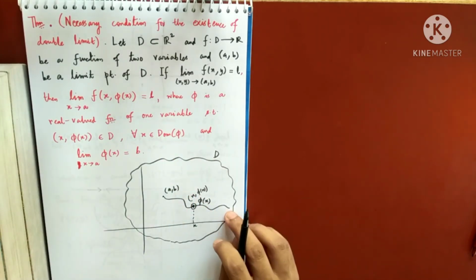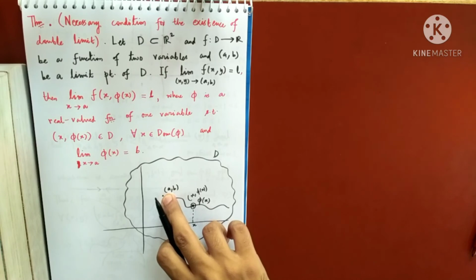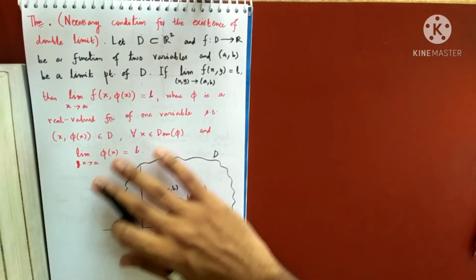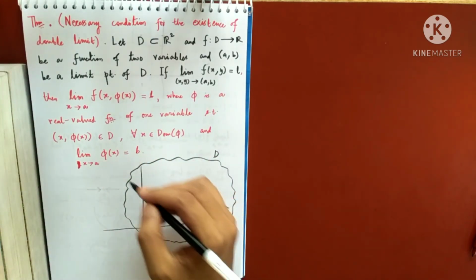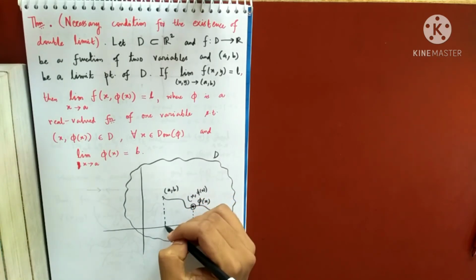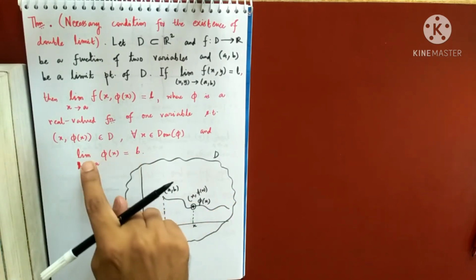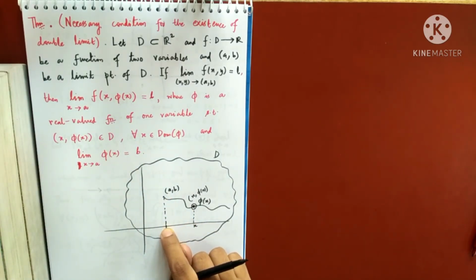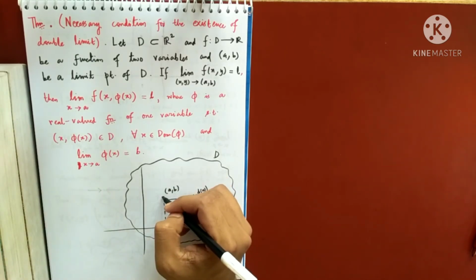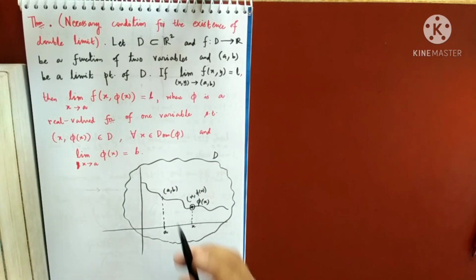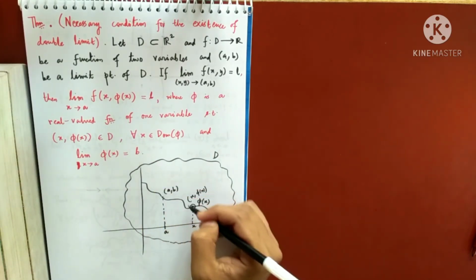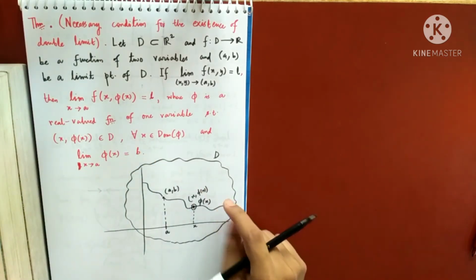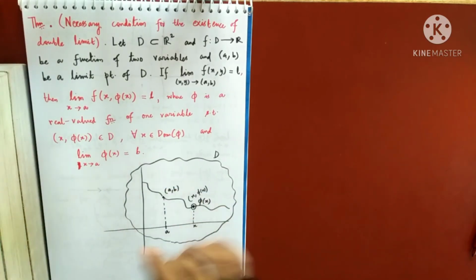Now this is a function of a single variable. Forget about everything else. Just look at this curve, and this point is A. Remember that this coordinate is A. So the last sentence I have written: limit as x tends to A. You can also draw the function like this, it doesn't matter. This whole is phi x. If I find the limit of this function phi x, then that should be B. Then only phi x will approach B. That is my point, and this is what I have written.